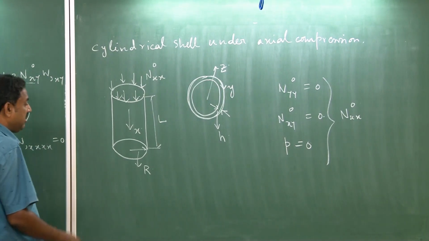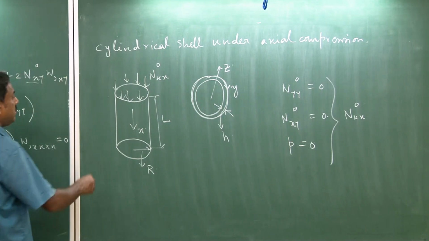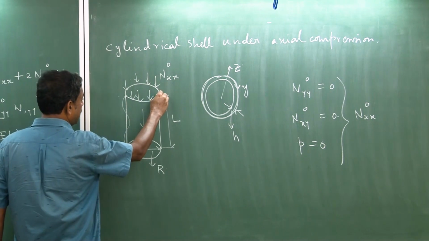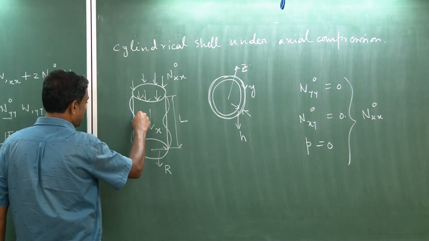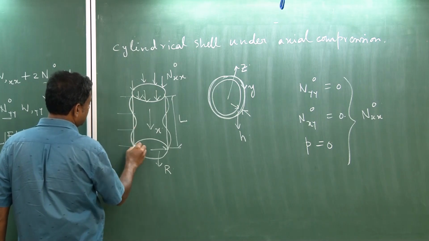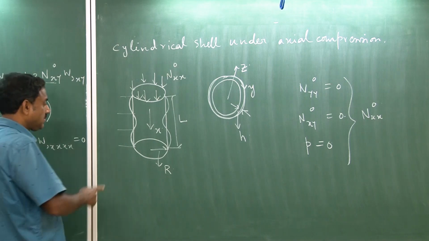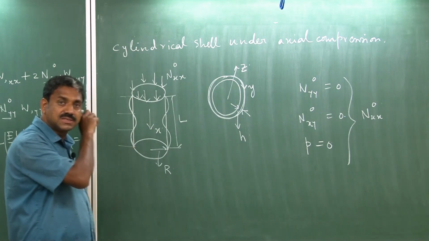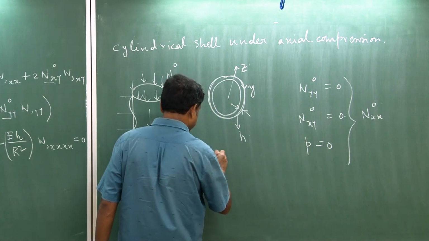Now we know that when we consider axisymmetric deformation, we have seen that the buckling pattern will look something like this. You see this kind of wavelength will be there. So these are all half wavelengths, and the solution along the x direction can be expressed as a sinusoidal function. Similarly, earlier when we were considering axisymmetric buckling, we assumed that the